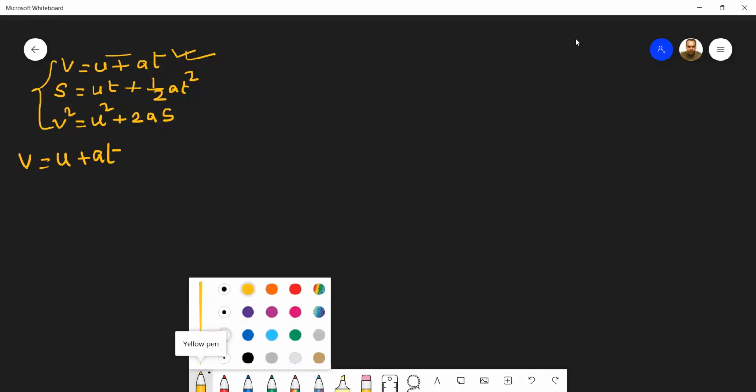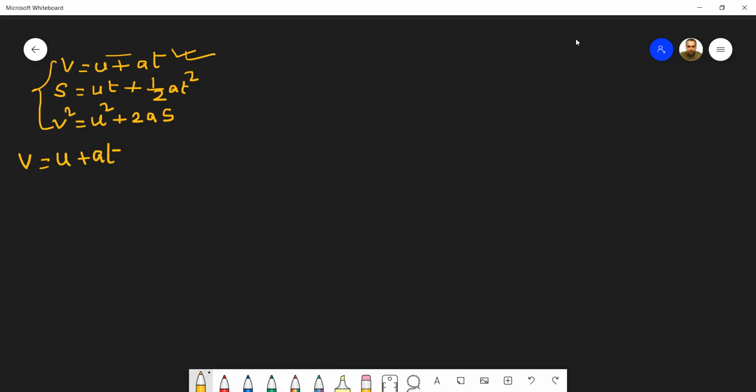How will we derive this equation? We'll derive this equation by a graphical method. In order to derive this equation by the graphical method, you have to draw a graph, which is the velocity-time graph. My drawing may not be very accurate, but I hope I will be able to explain the things. In this velocity-time graph, along the x-axis we plot t, time, and along the y-axis it is velocity.